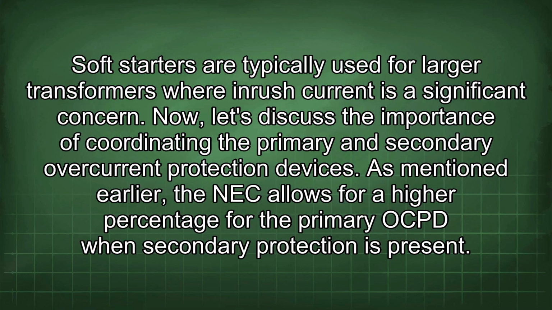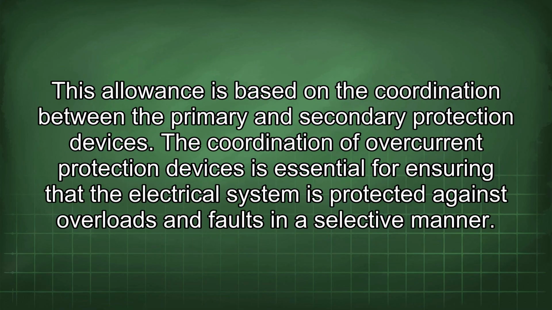Now let's discuss the importance of coordinating the primary and secondary overcurrent protection devices. As mentioned earlier, the NEC allows for a higher percentage for the primary OCP when secondary protection is present. This allowance is based on the coordination between the primary and secondary protection devices. The coordination of overcurrent protection devices is essential for ensuring that the electrical system is protected against overloads and faults